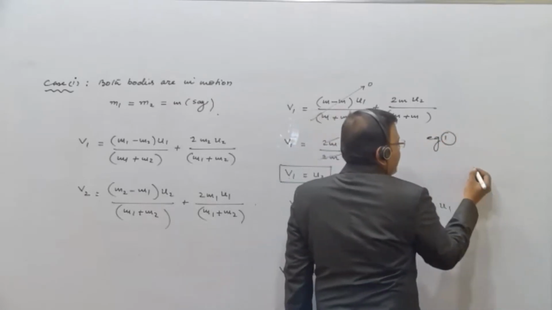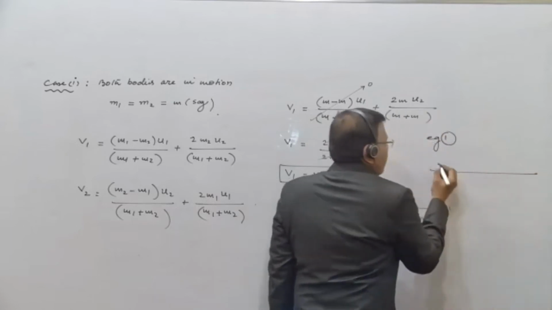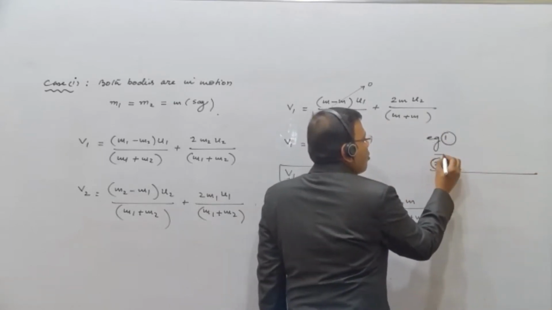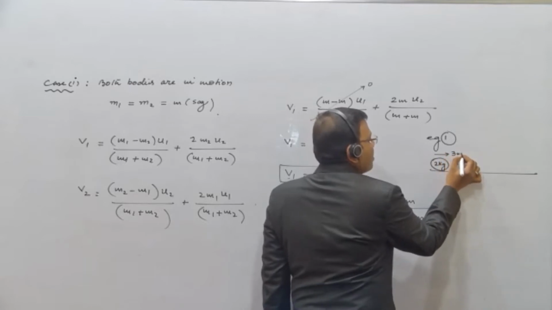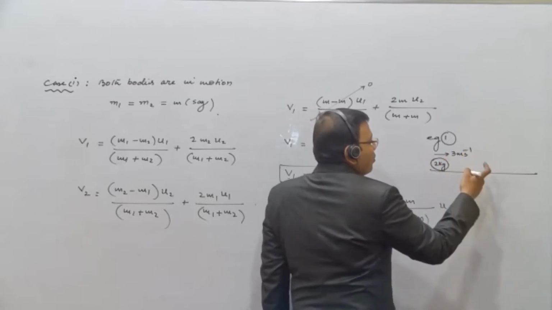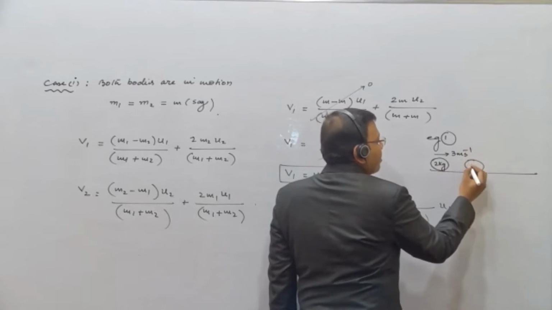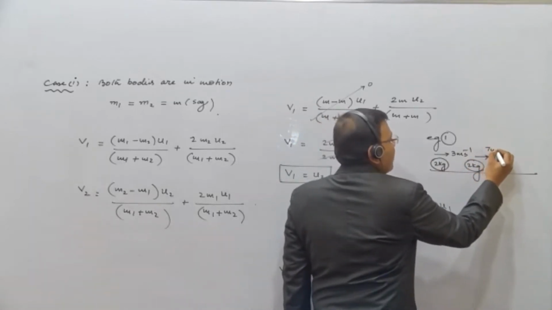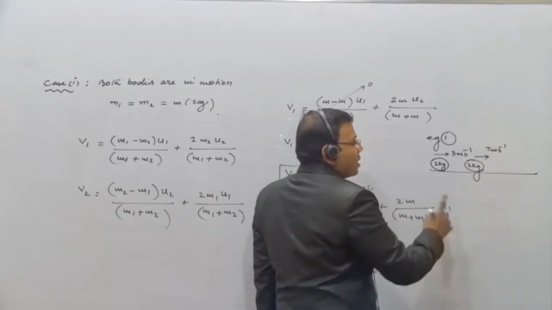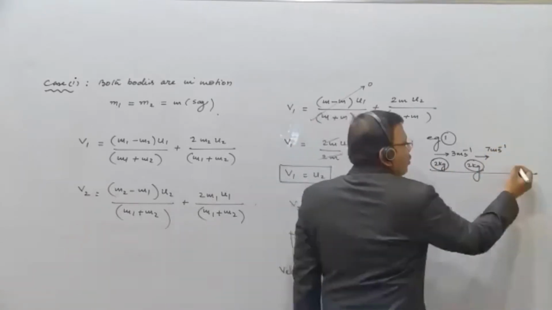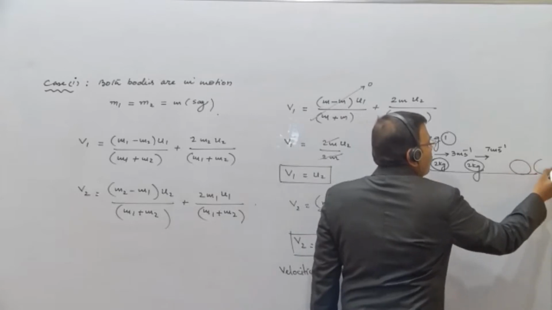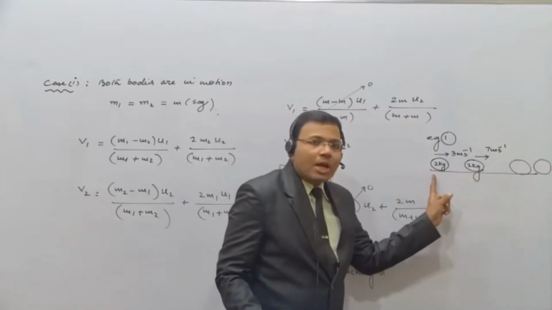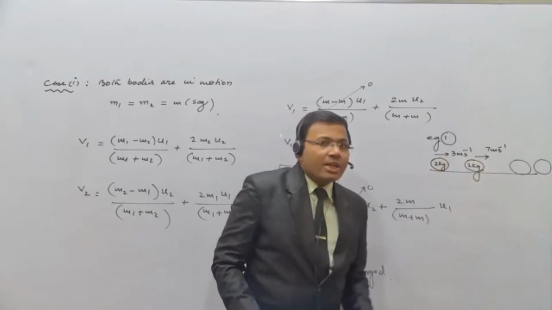Suppose I say one body is there of mass 2 kg. This body is moving with velocity 3 meters per second. Now this body is colliding with another body of mass 2 kg which is moving with 7 meters per second. This is before collision. And after collision, if I ask you what are their velocities, means just you have to see दोनों के masses बराबर हैं,